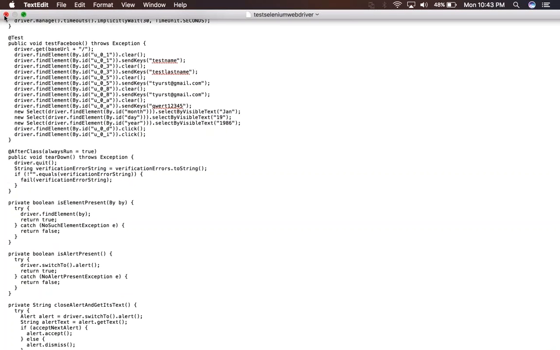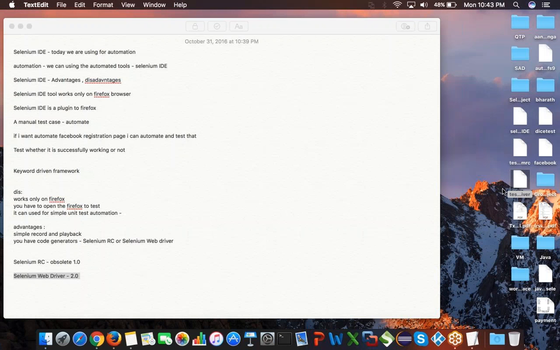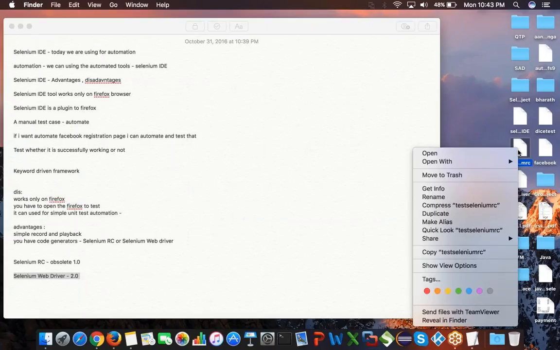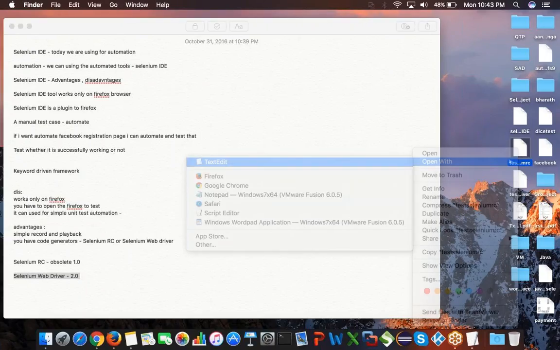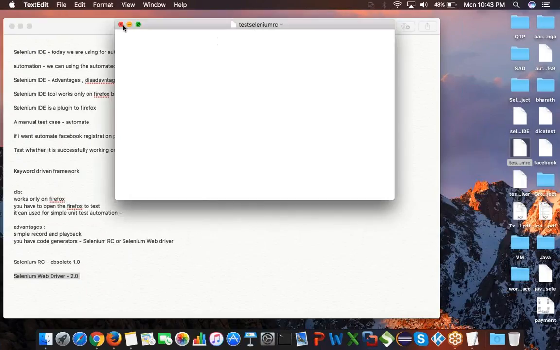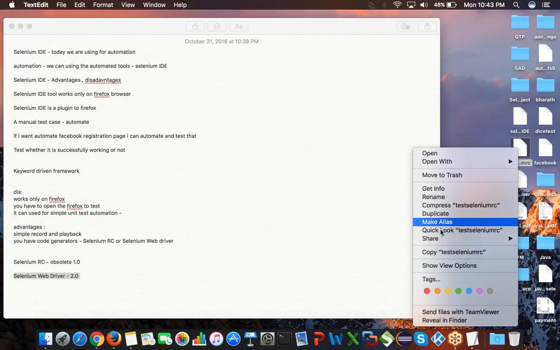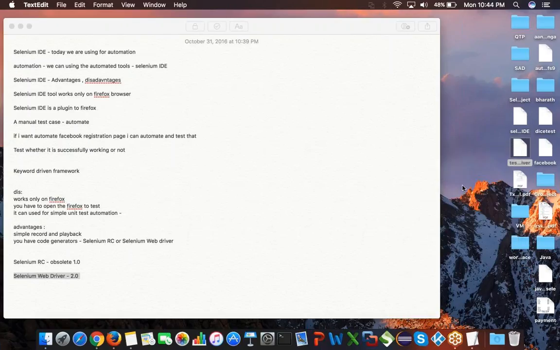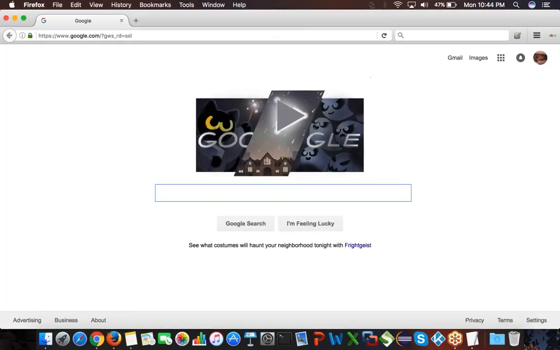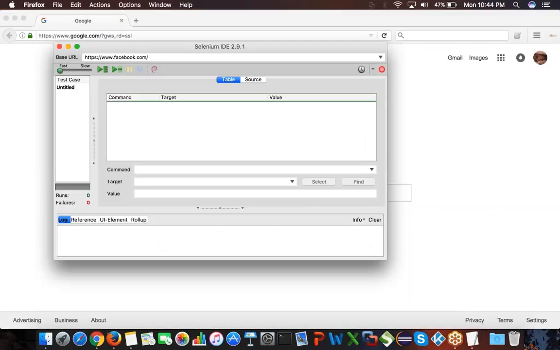Okay. So now if I go to the RC code, the Selenium RC code that I've generated, open with TextEdit. If you see, oh, it did not generate. So let me go and generate again. Okay. Go to Firefox and open the file.